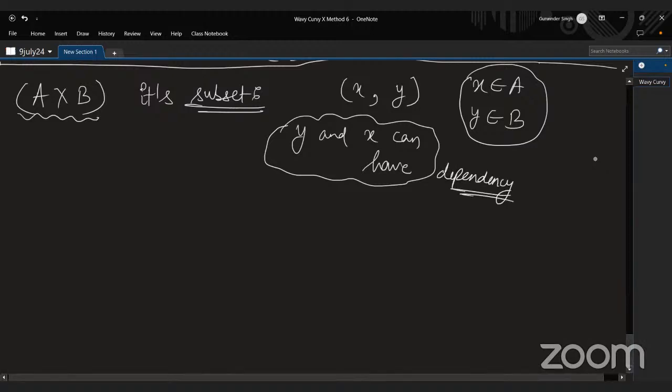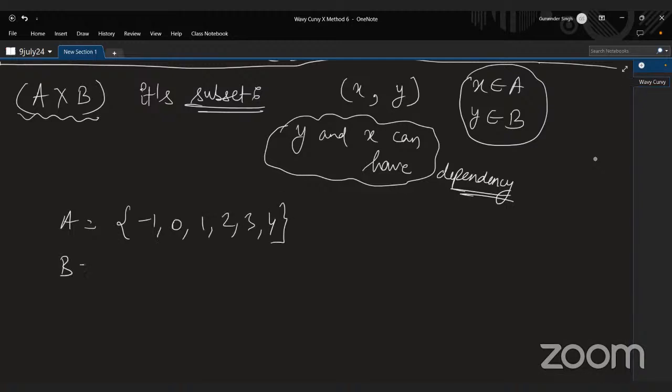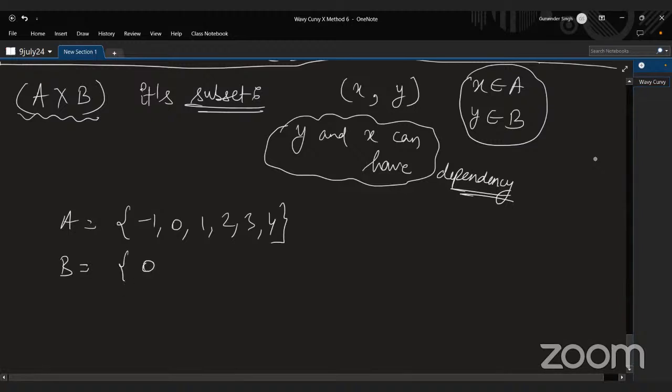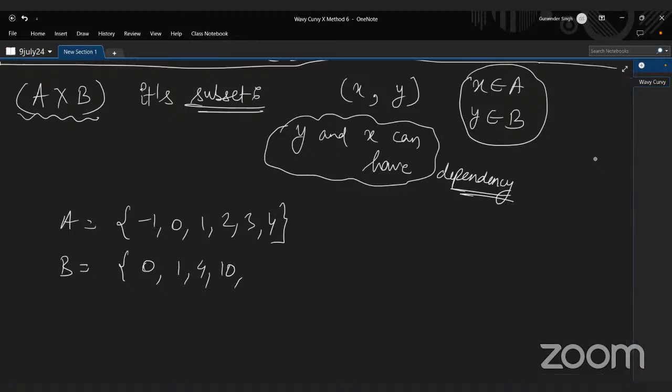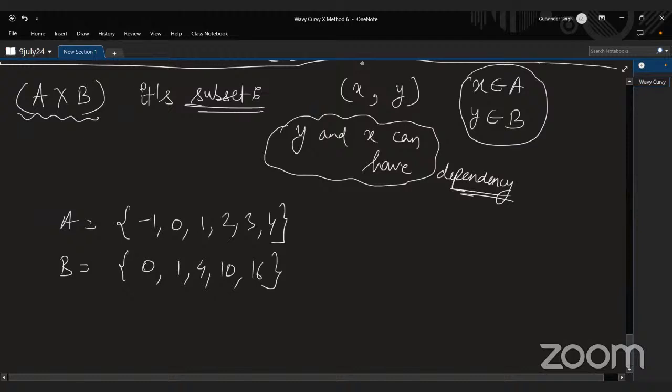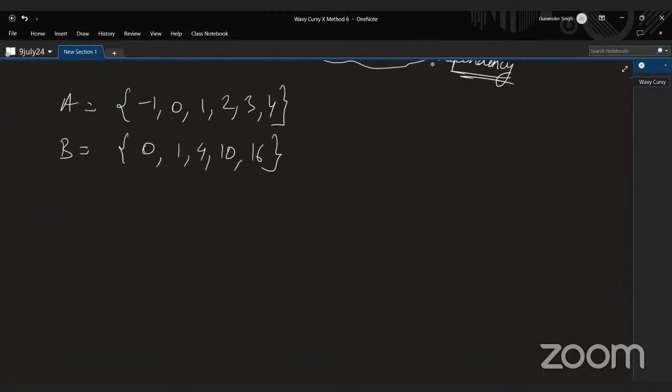Okay, it is possible. For example, I take A is equal to -1, 0, 1, 2, 3, 4. And B, I take 0, 1, 4, 10, 16. Okay, so I'm telling you that draw a relation from A to B